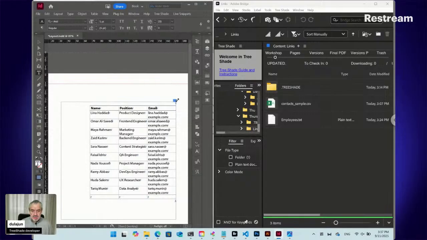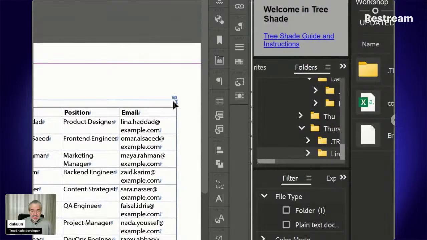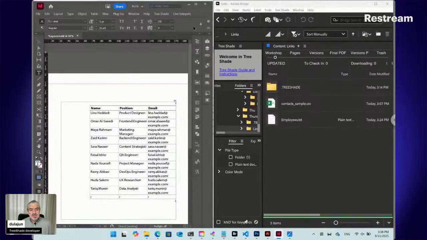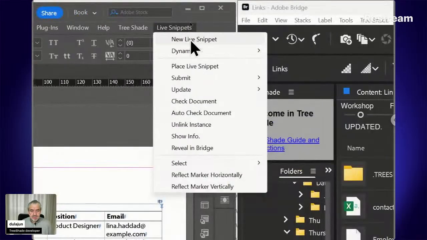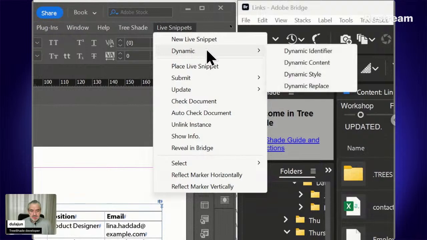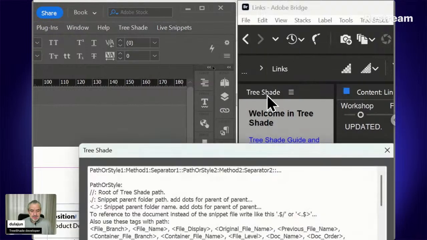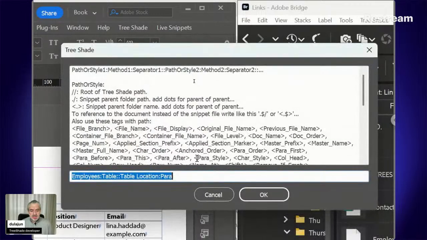So while selecting the non-printing anchor text frame at the beginning that marks the snippet start, while selecting it, select from live snippet